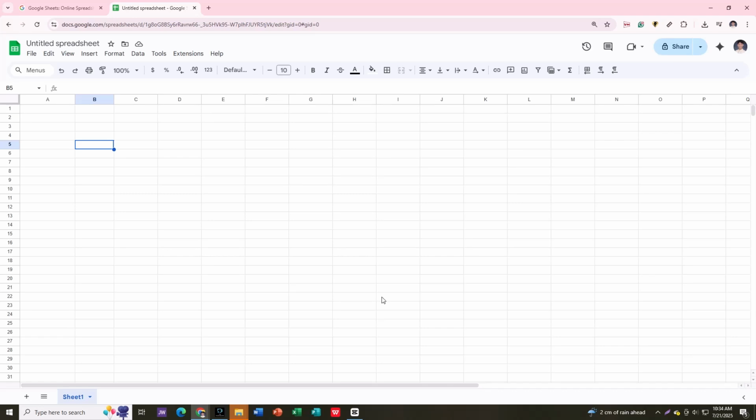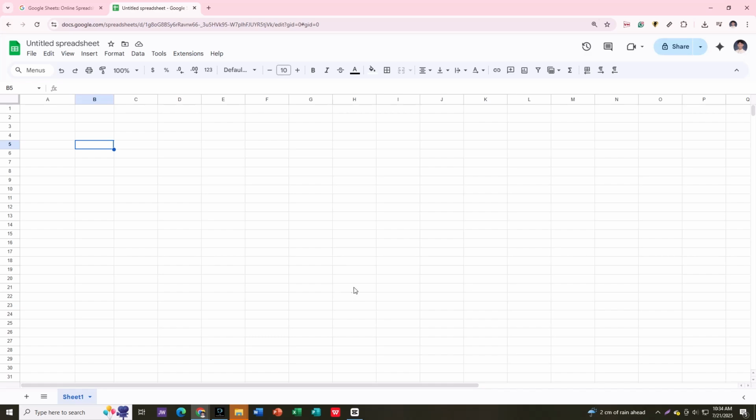In this video, I'm going to show you how to see who edited in Google Sheets. So note that this function is only available to those users that have editor access in the spreadsheet. So to do this, as you can see in the sample spreadsheet, the first thing that you would like to